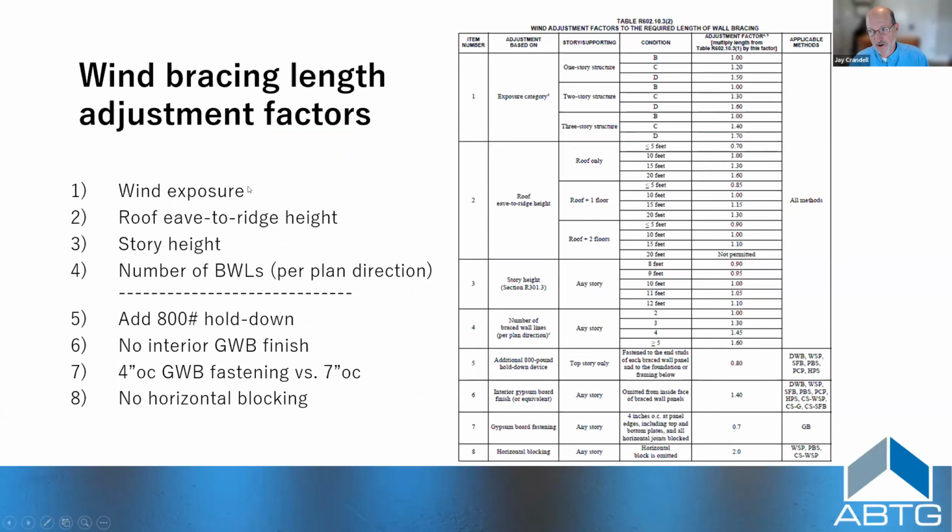They address wind exposure, which has a huge effect on your bracing amounts, up to 50%. The bracing provisions are actually based on sort of exposure B, which is the more conservative kind of protected condition. But that's where probably 70 to 80% of homes land, in the middle of a development or a mix of trees and development. But if you're in a more severe open exposure or a waterfront type of exposure, then there's going to be